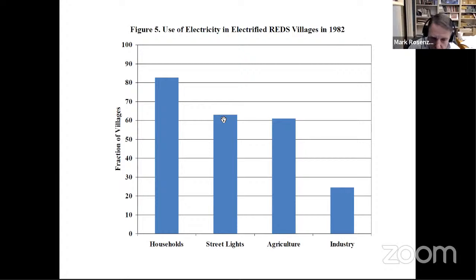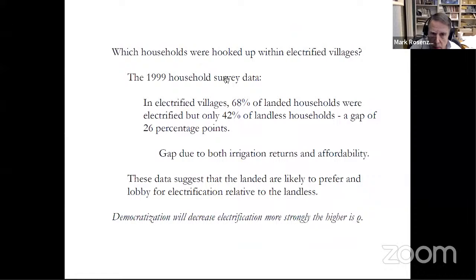Okay, in over 60%, the electrification was used for streetlights, 60% for agriculture, and a relatively small amount for industry. The point being that agriculture is benefiting, and that's of course mostly for pump irrigation as well. So you could argue that the streetlights were benefiting everyone, but the use of electricity for agriculture was particularly benefiting, and let's suppose it was for mostly irrigation, was principally aiding the landed households, but not so much the landless households. But even when we look within households, within the villages, we see that